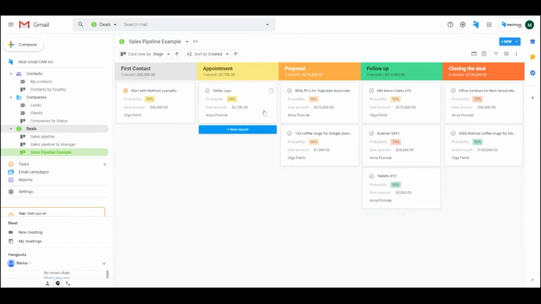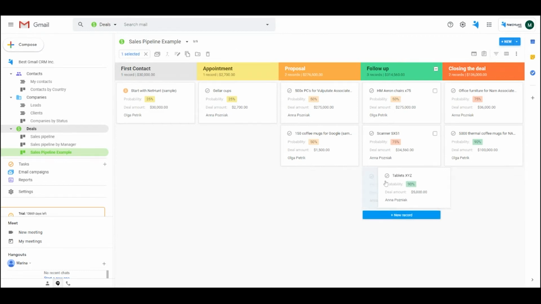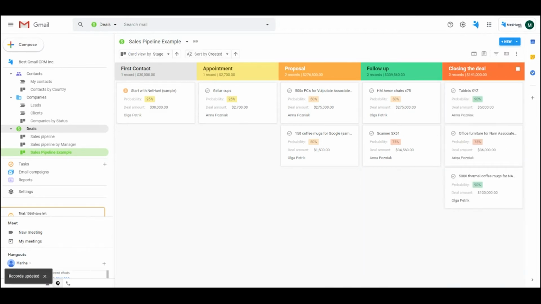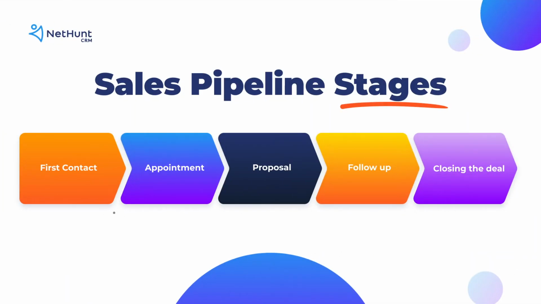If you're successful at that, we move into the proposal stage. Leads receive an offer to have their problems fixed. Then, a follow-up. Sometimes the lead doesn't answer you straight away. So it's always a good practice to pick the right time and fire off a follow-up, making sure everything is still on track. And at the end of the day, we have the closing the deal stage. Leads get their goods.